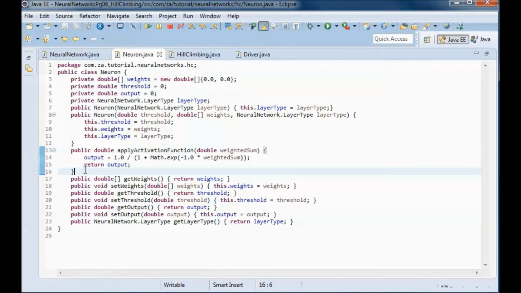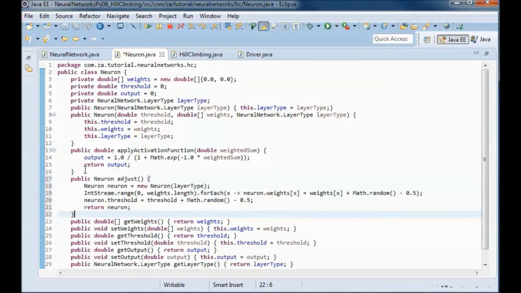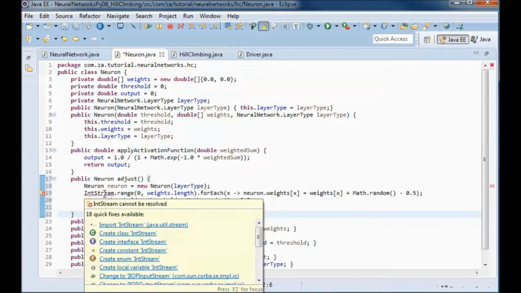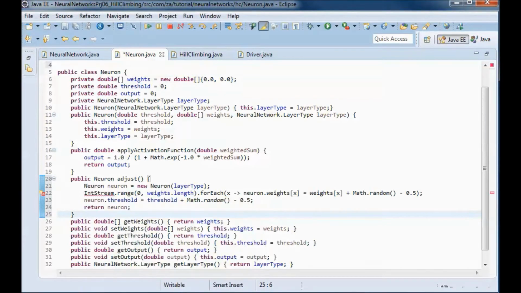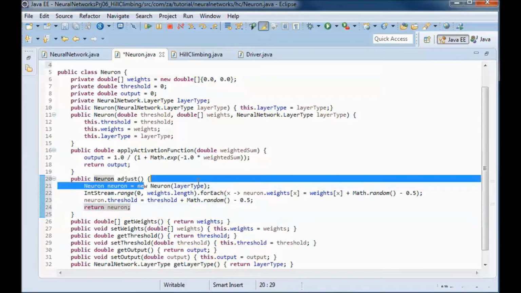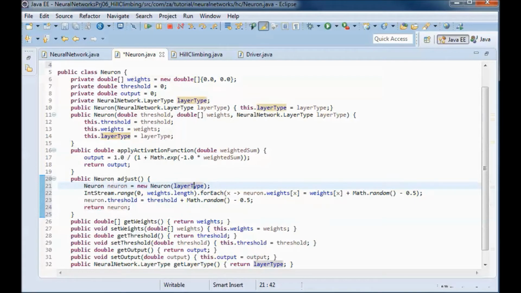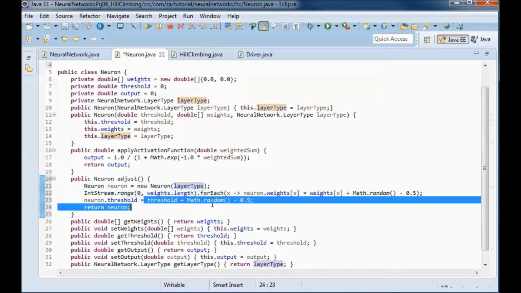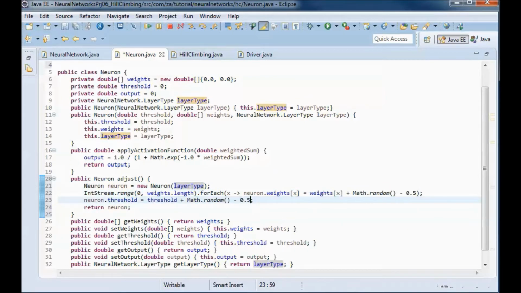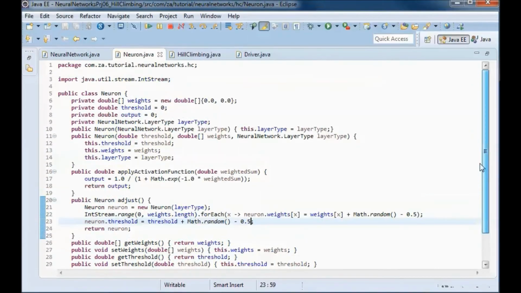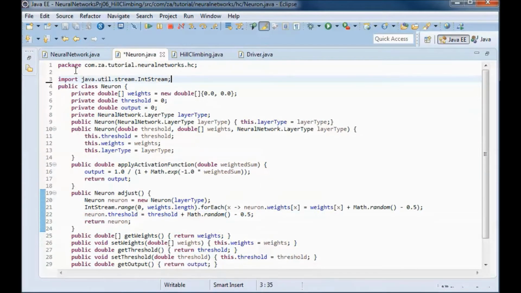And we will have this adjust method that will return a new neuron having the same layer type as this neuron, and the adjusted weights and thresholds of this neuron. Now this should do it for this class.